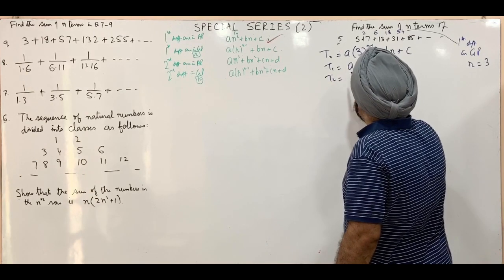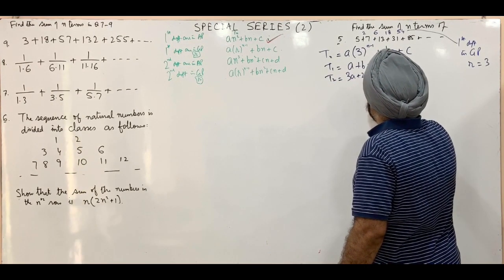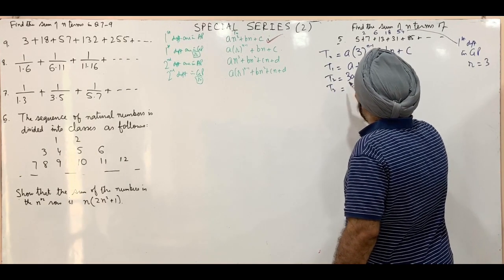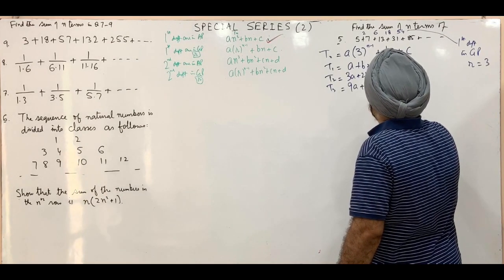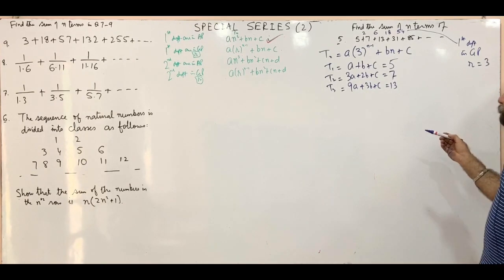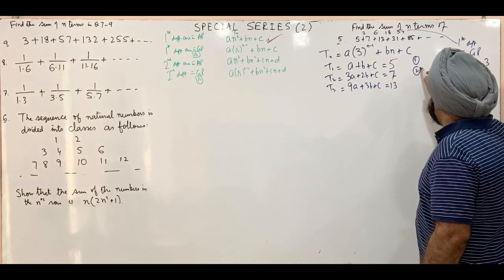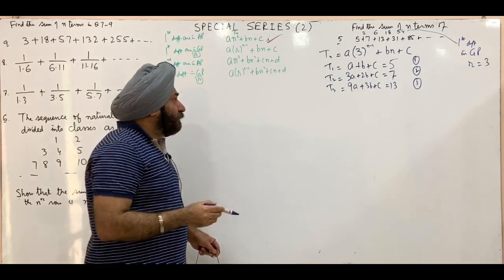Second term, that's 2 minus 1, so this is 3A plus 2B plus C. Second term is 7, and the third term, this is 9A plus 3B plus C. This is 13. So these are 3 equations in A, B and C. We subtract. This is 1, 2, this is 3. Subtracting third and second,